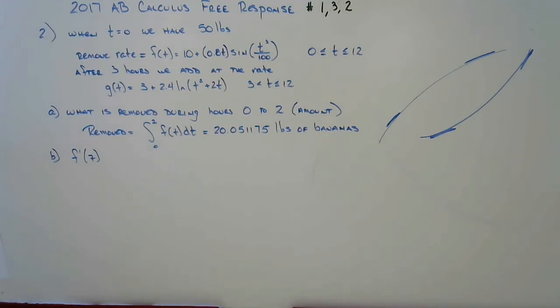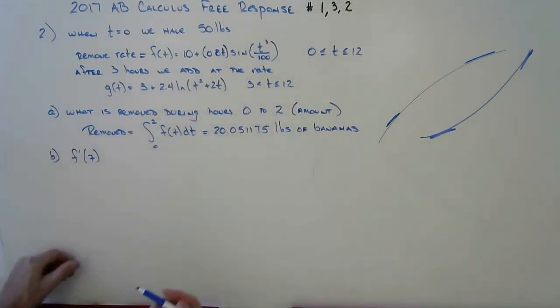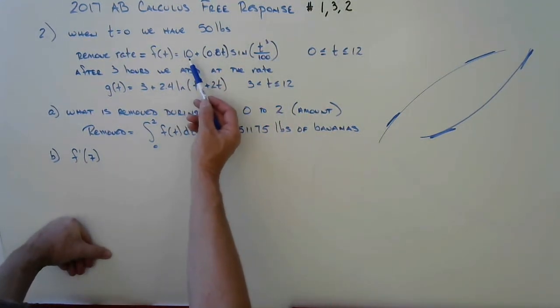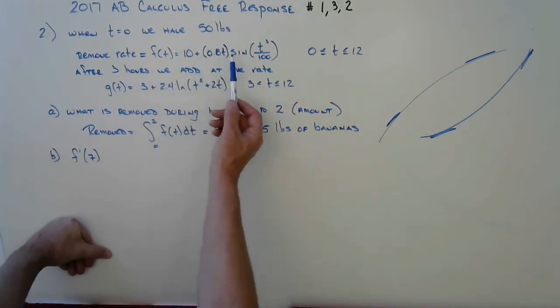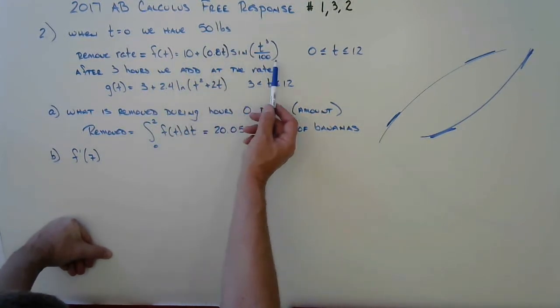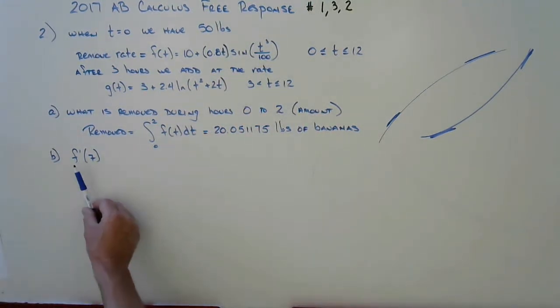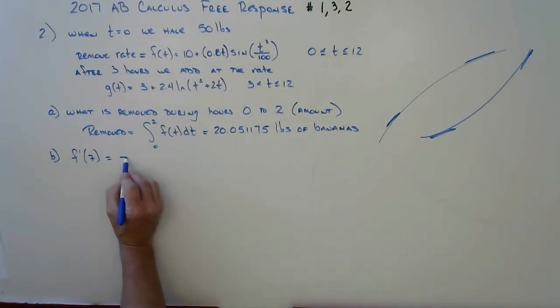Now, how are we going to find that? Well, we're going to take the derivative of this and plug in 7. We're going to ask our calculator to do that because we have a calculator problem here. This is defined in our calculator. We're going to ask our calculator to take the derivative of this, just using the differentiation key. We're not going to do the derivative by hand, do the product rule and take all that time. That's what they expect us to do, and plug in 7. And when we do that, we get negative